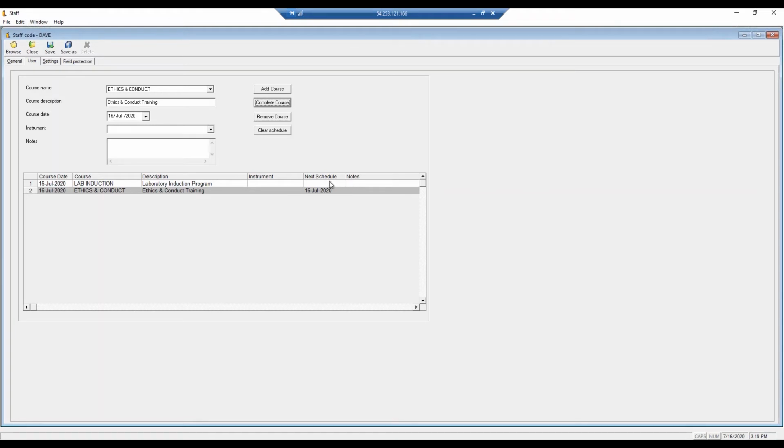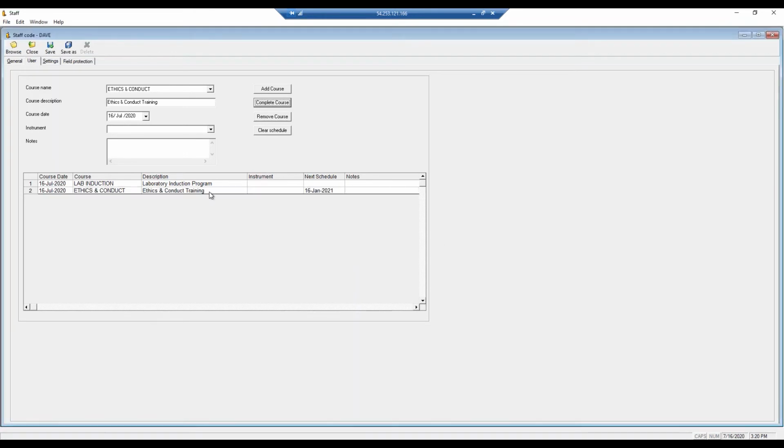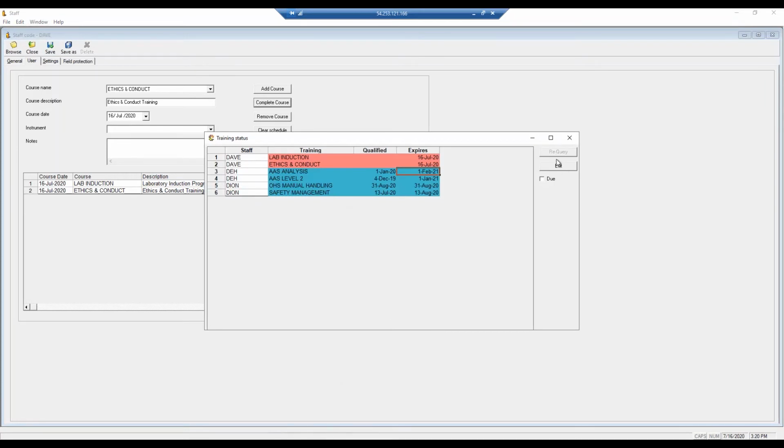There's no next schedule because it was a one-off process. As it happens, I've also done the ethics and conduct, so I can click on that one and complete the course as well. And that one, which was scheduled to run every 6 months, has rescheduled itself for the 16th of January 2021. Now, if I go back to the report again,